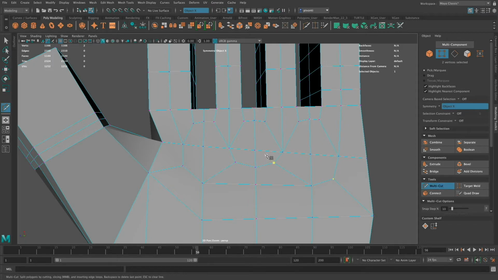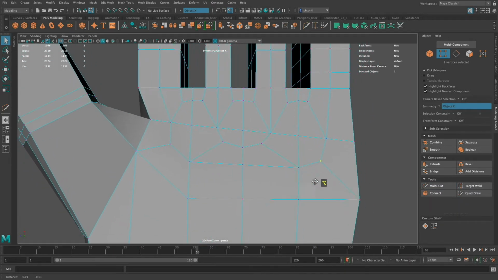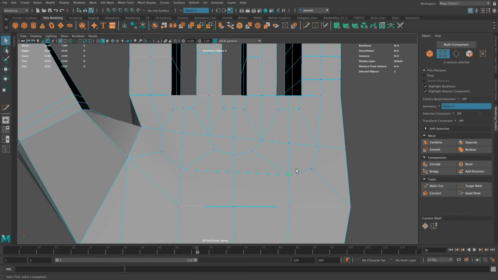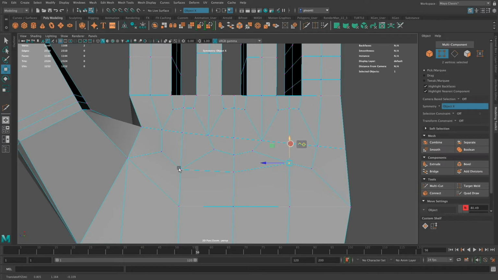So if I go to the multi-cut tool again and I hold down control, you'll see that I've got a loop that goes all the way around, right? So that gives me the ability to create additional geometry if I need it. I'm going to press Q on the keyboard, and then I can form out the pads here a little bit, just so I have the geometry to work with around the pads underneath the fingers